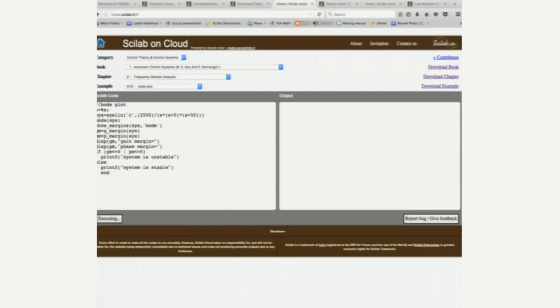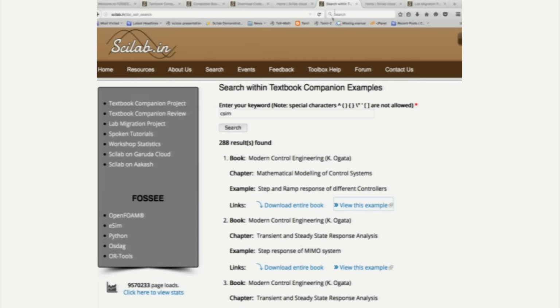While it is computing, let us go to the next tab, where I am using a very nice feature that we have enabled. See this search button here, and I have TBC code search. I have selected TBC code search and I have searched by a command, csim.